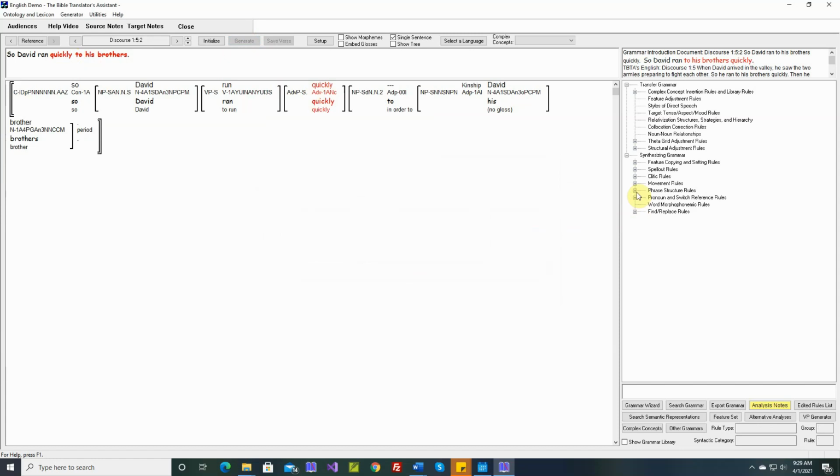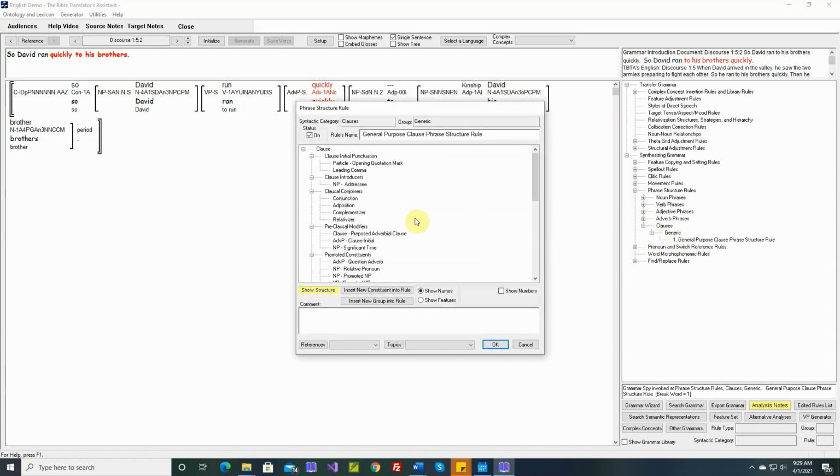Let's go look at our phrase structure rule for clauses. Okay, so here's our pre-verbal adverbs. Here's our post-verbal adverbs. Here's a generic adverb phrase. This was put in for us when we created this language project. This is sort of a default.